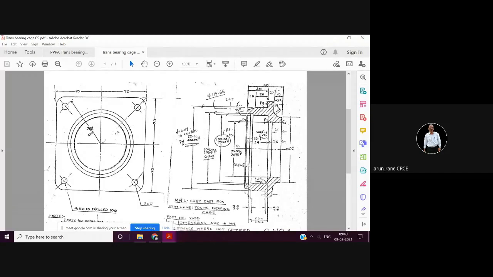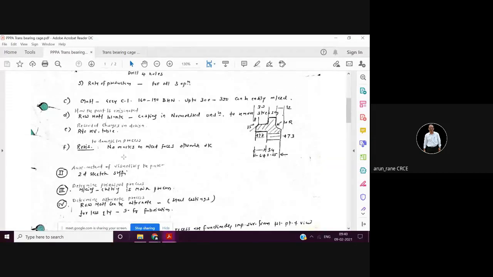Here you have to write the basic process, not the principal process. There is a difference between principal process and basic process, which we will study again in classification of operations. Basic process means the process which gives the shape to the product.